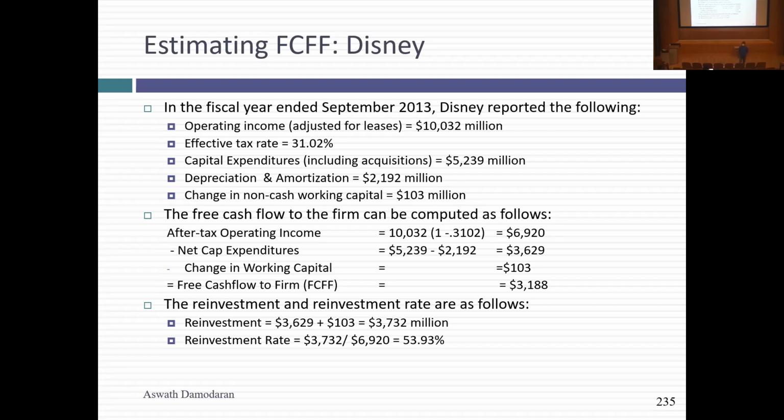Any other questions? Yeah. Just a quick question on the effective tax rate. That's taxes paid, as in from the cash flow statement, right? No. It's from the income statement. From the income statement. You know why? Because deferred taxes become part of my working capital. So if I consistently hold back on taxes, I'm actually letting the government fund some of my business, using the government almost as a capital provider.